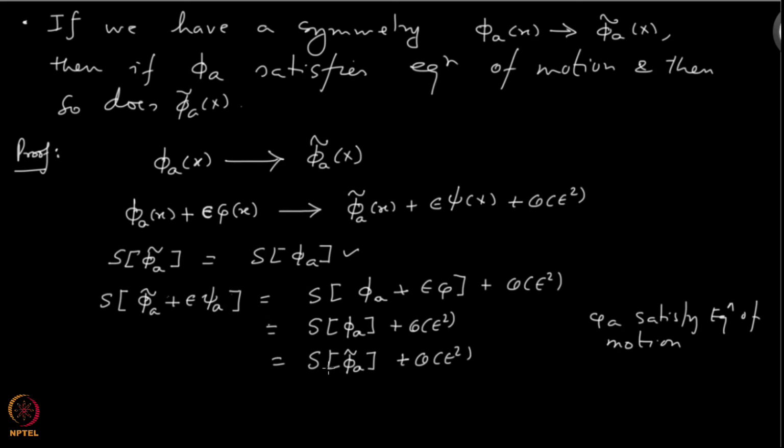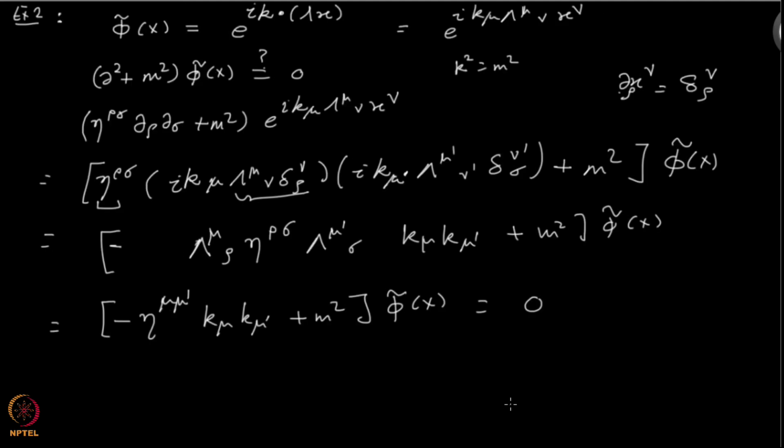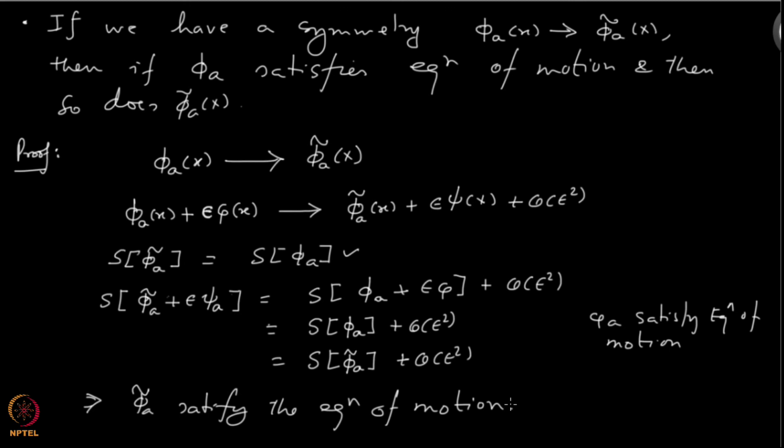If it is stationary, then it means that phi tilde A satisfies the equations of motion. And that is the proof. So, phi tilde A satisfies the equation of motion, and that is what you have seen in all the examples that I gave before, these ones. So, this is the proof of it,